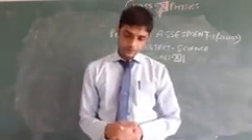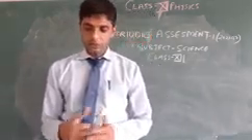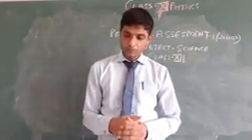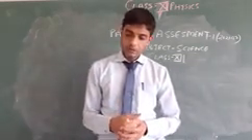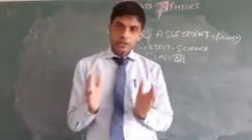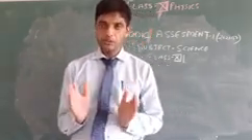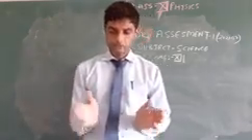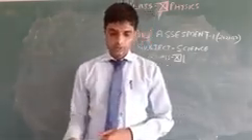Question number 4: a spherical rubber balloon carries a charge that is uniformly distributed over its surface. As the balloon is blown up, how does E vary for every point? It means you have to find the electric intensity inside the balloon, on the surface of the balloon and outside the balloon.